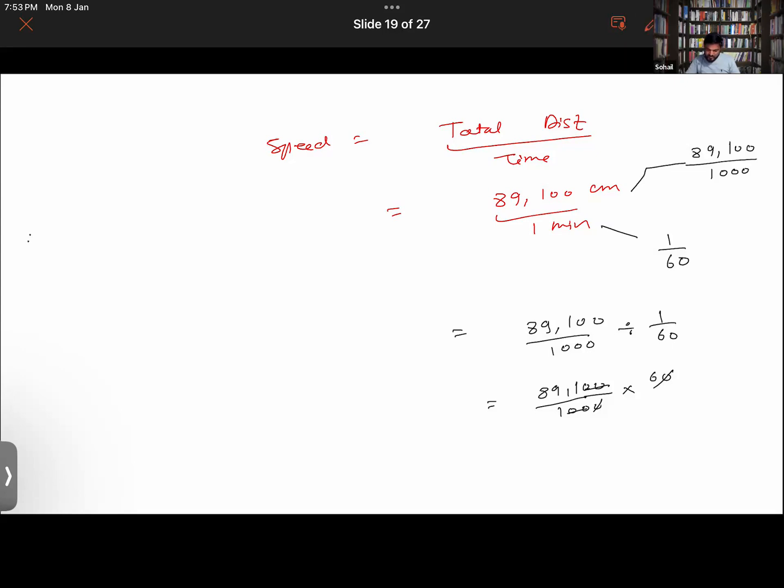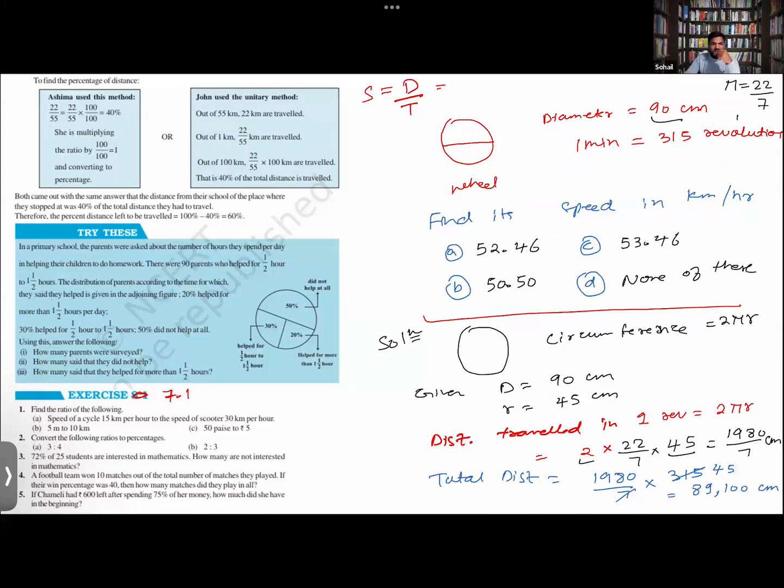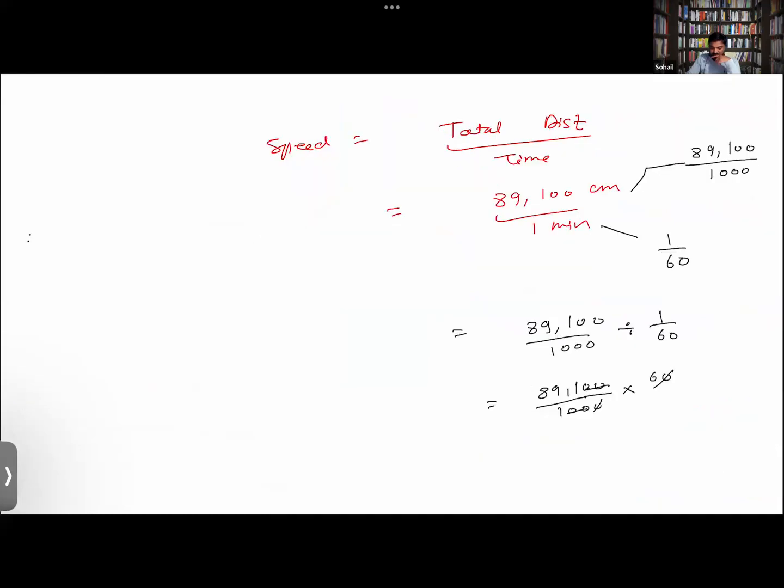Let me switch to the previous page. Total distance we were getting as 89,100 centimeter. See, here what mistake we have done. यहाँ पर हमने गलती कर दी ना. Look, in order to convert from centimeter to kilometer, पहले हम क्या करते हैं? Centimeter से meter में convert करते हैं. Right, then convert it into kilometer. So here you would be dividing it by 100, and then again dividing it by 1,000. मीटर से किलोमीटर कन्वर्ट करने में हम 1,000 से डिवाइड करते हैं. So that is what we did wrong here. यहाँ पे हमने गलती की है.